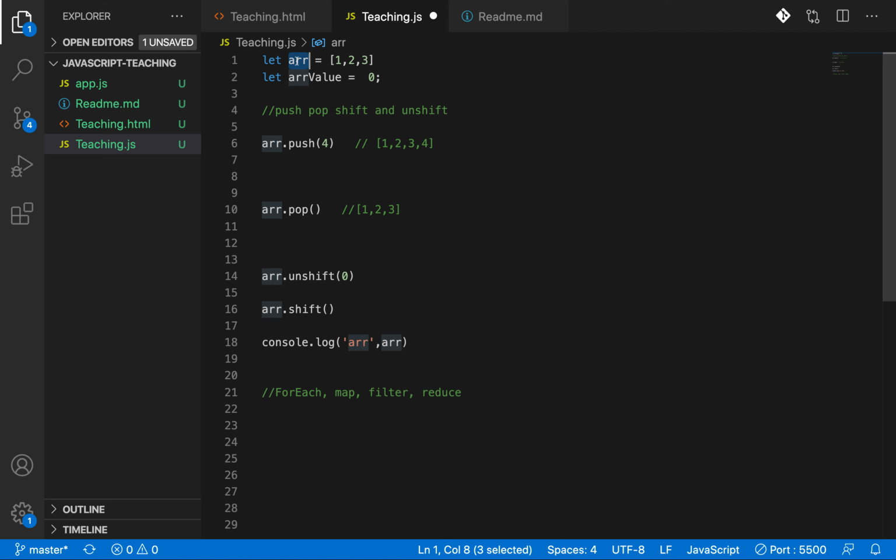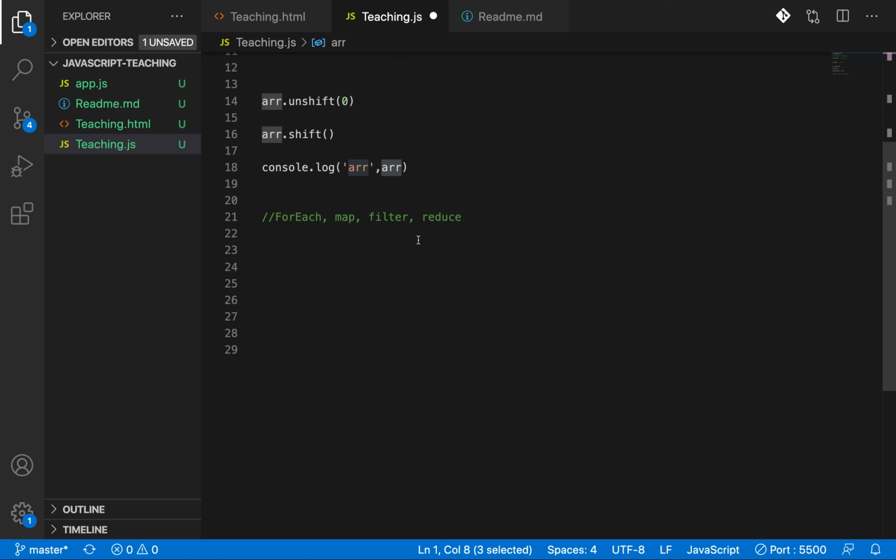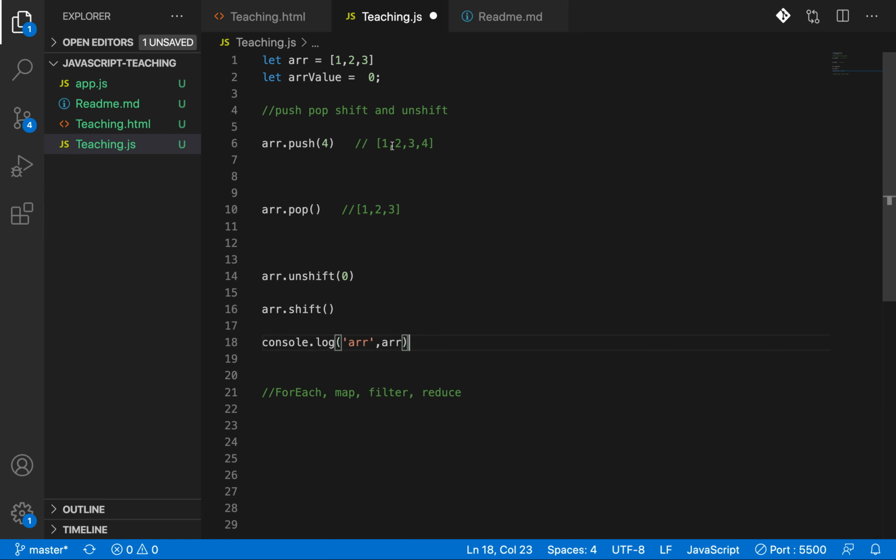So I define an array. Let's remove this. Now we have 0 1 2 3, and as I did the shift, 0 was removed. So the array will be similar to what we initiated, 1 2 3. So we have the array as 1 2 3 and array dot forEach.